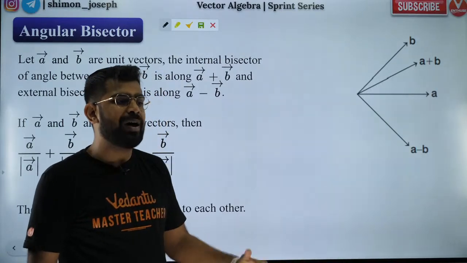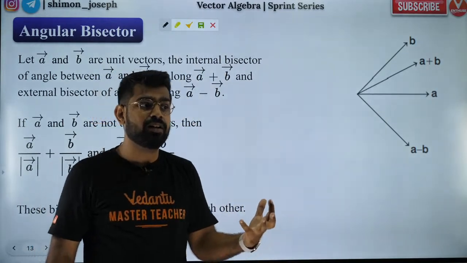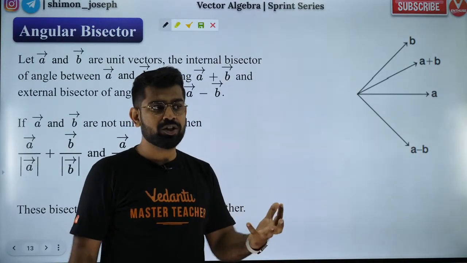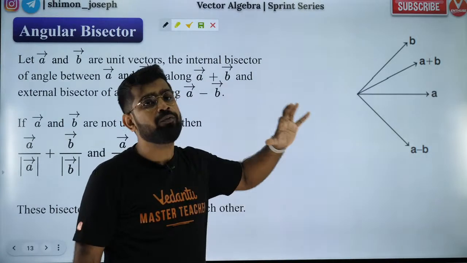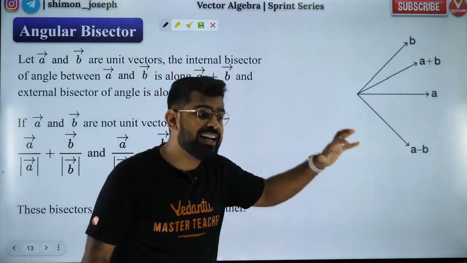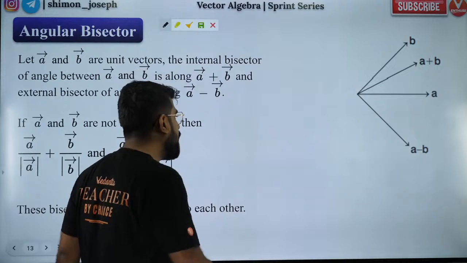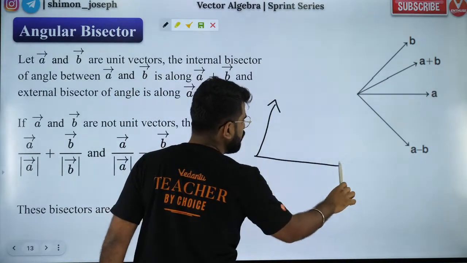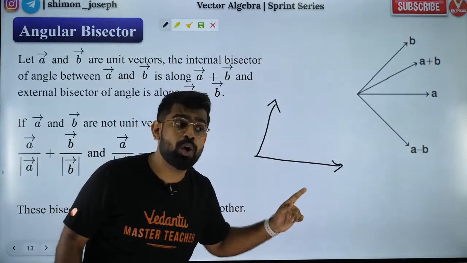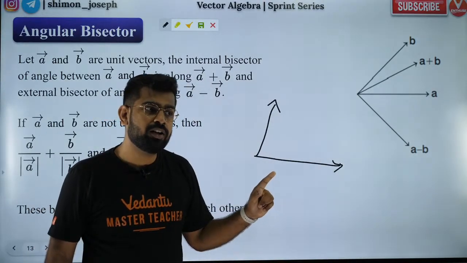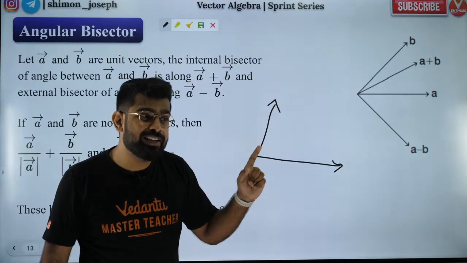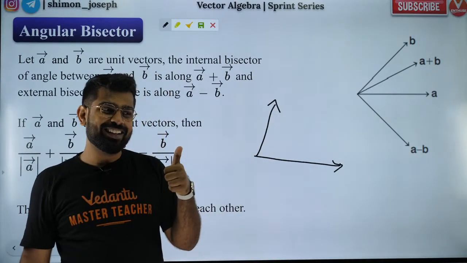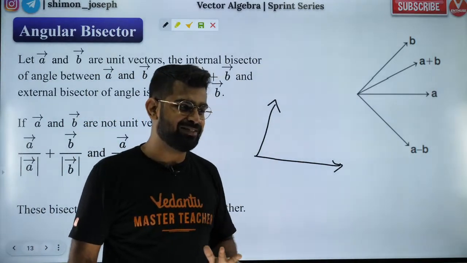Why bend towards the higher one? Manish, because that will be more dominating, na? What is your resultant? It is the A vector plus the B vector. Understood? So it will obviously be influenced by something which is greater in magnitude. Got it? Now, how do we find the angle bisector? I told you just now, na? It will bend towards whichever is greater in magnitude. Then it will be equally distributed between the two if their magnitudes are the same. Correct, na? Google Achu got it absolutely right.